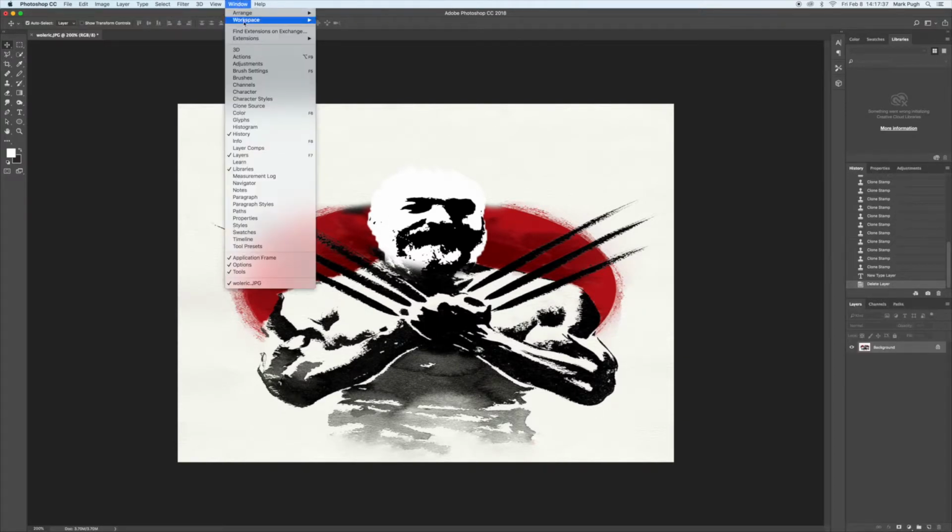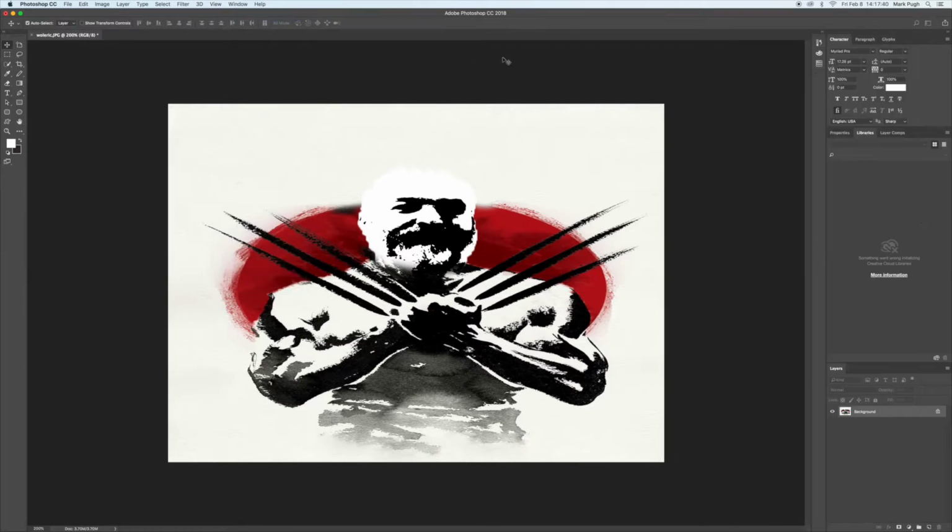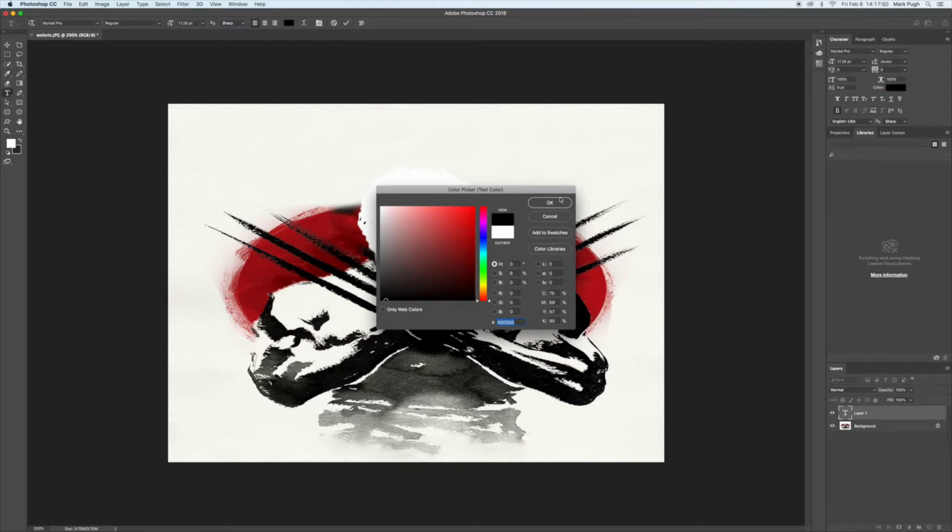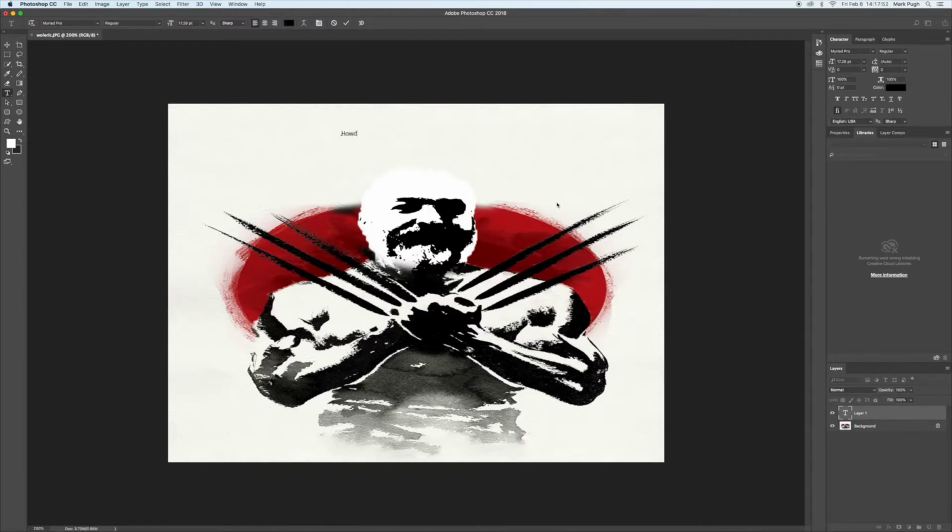And then if you go to Graphics and Web, which is for dealing with text. So for example, if you want to say something, let me change the color. If you choose Web and Graphics on the Workspace, you can see that over there now there's characters, paragraph, and glyphs